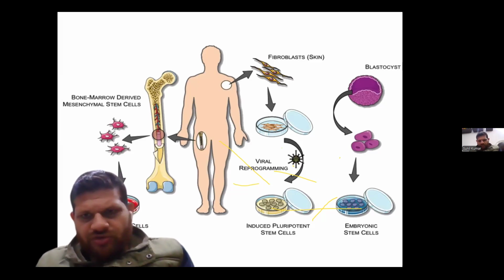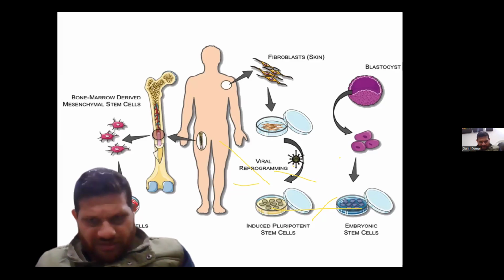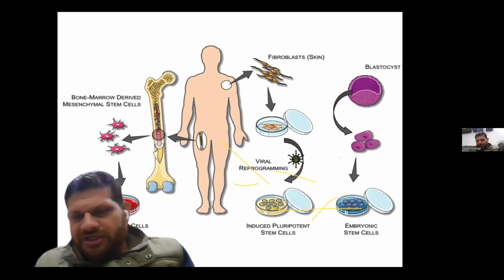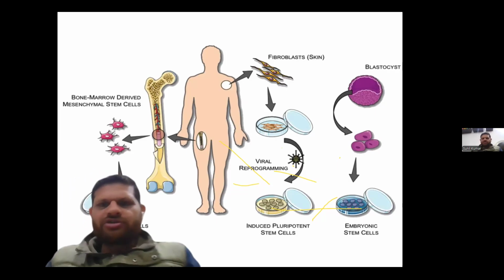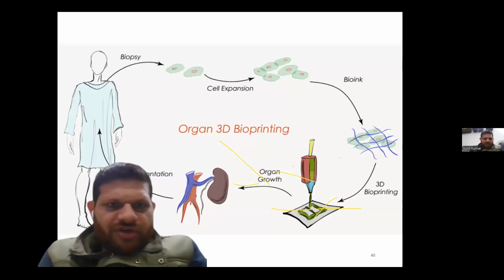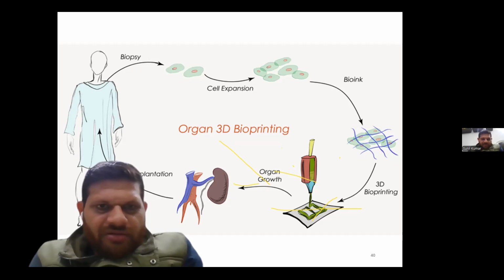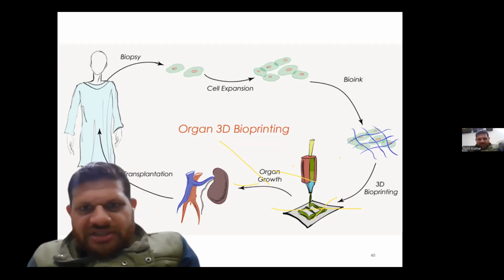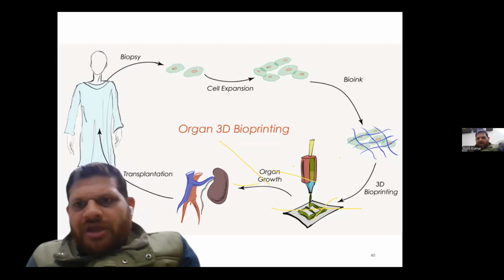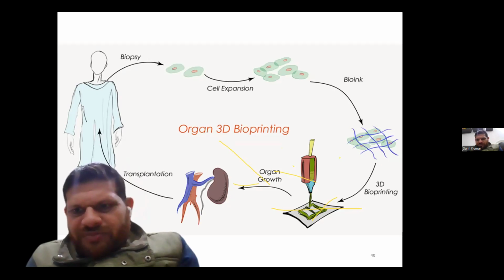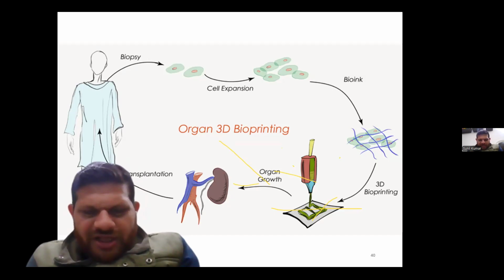And if we want to do something related to skin, then fibroblasts are collected from the body, and then with the help of viral reprogramming, we can again induce pluripotent stem cells. And similarly, blastocyst or embryonic stem cells can also be created. So the thing is that from the patient, with the help of biopsy, the cells are taken, then these cells are expanded, and then with the help of adding additives, bioink is created, and that is given to our 3D bioprinter to create one particular organ, and that organ is then